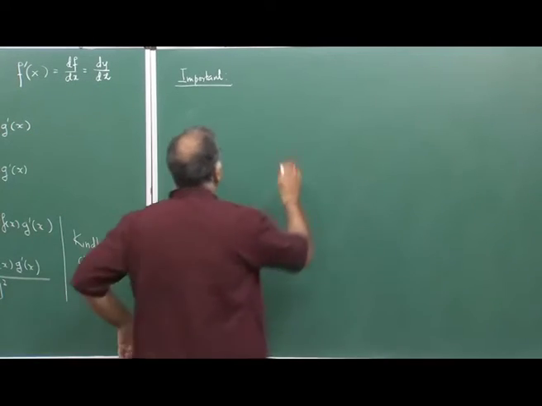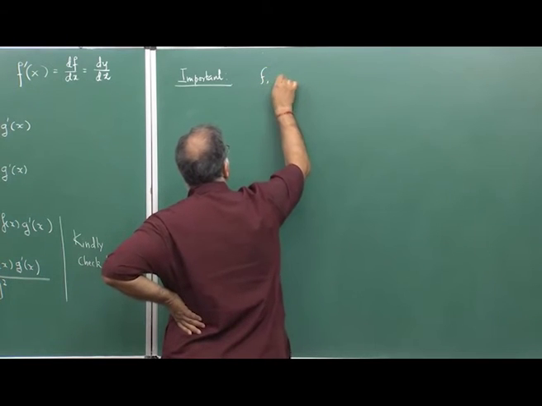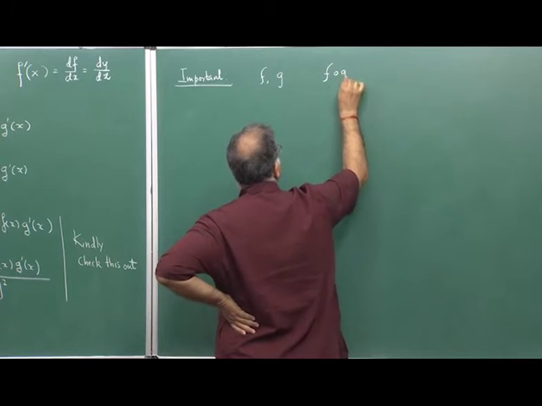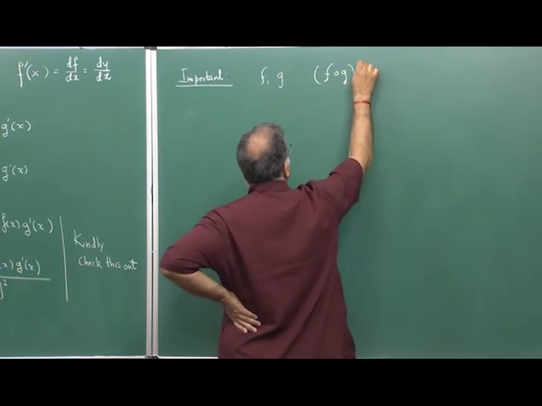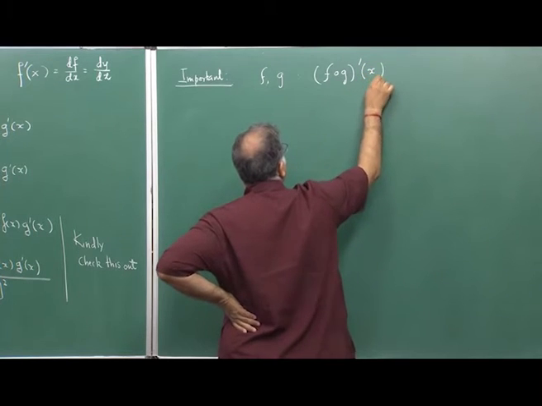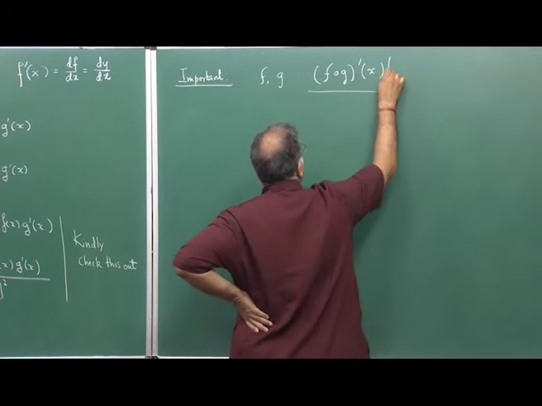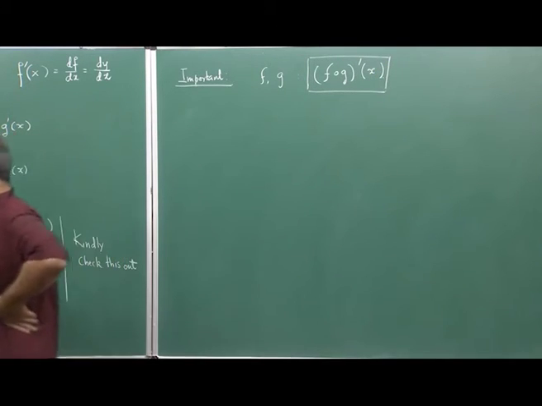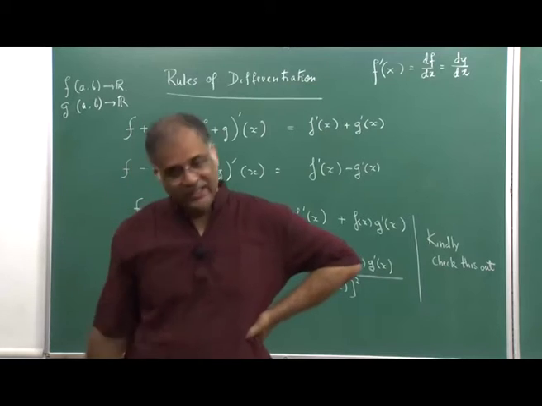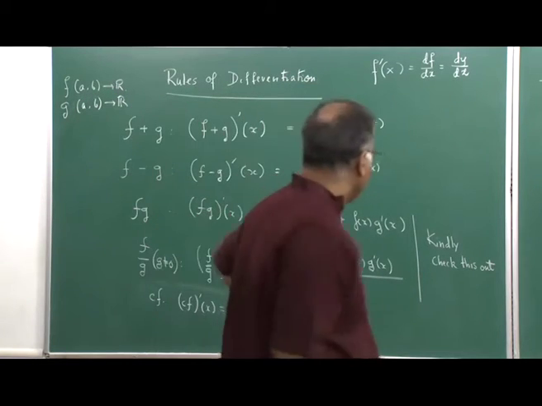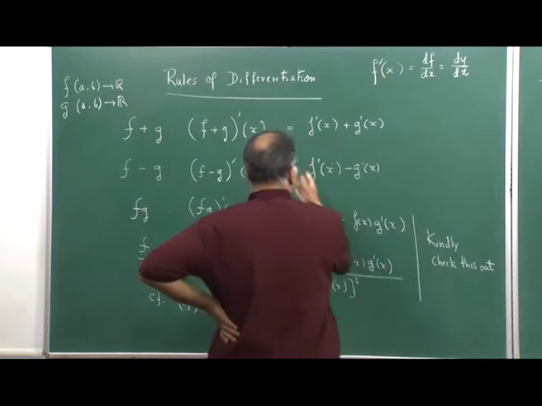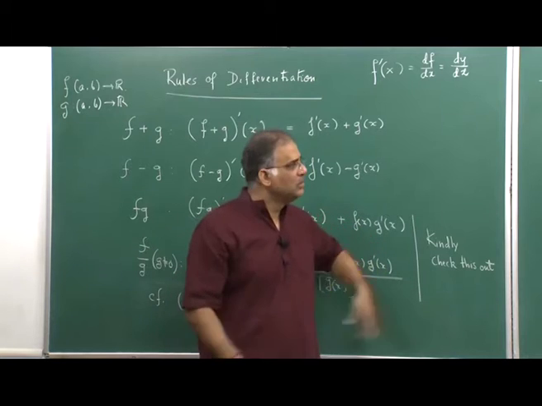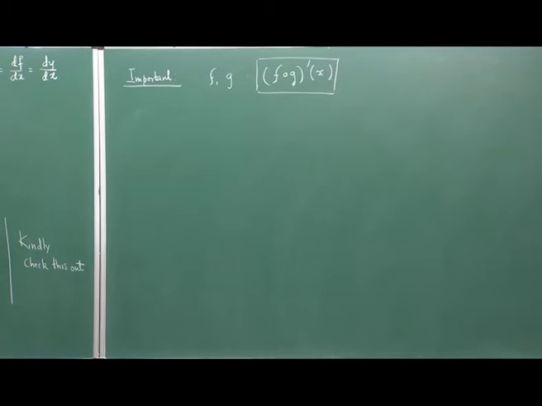Here we are talking about two functions f and g, and we are talking about the composition of the two functions, and we want to compute the derivative of this composition. How do we do this? Many of you would immediately jump and say, oh, this is the chain rule. Yes, this is the chain rule, but the ease with which you will prove this, with the same ease you will not be proving this thing,